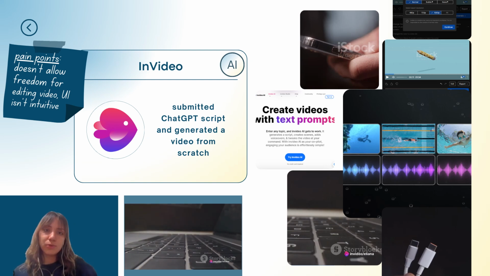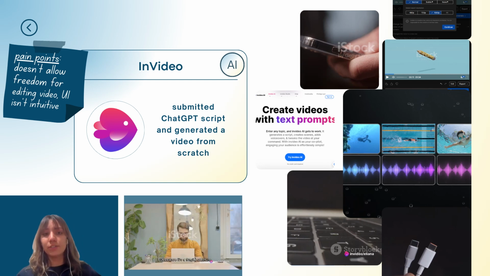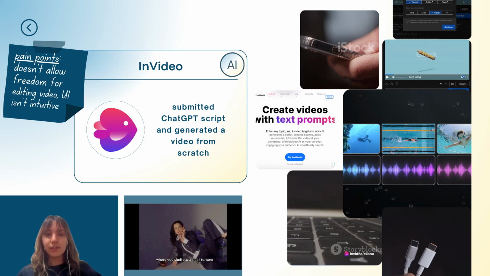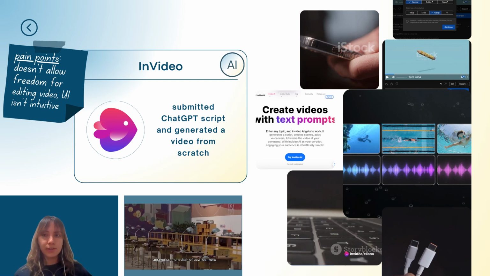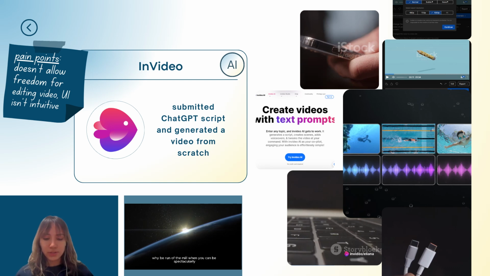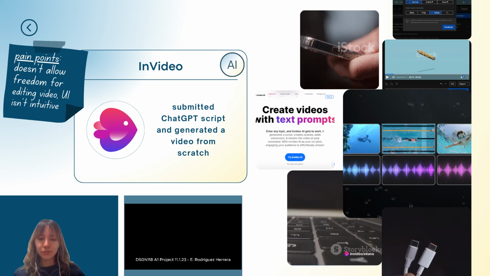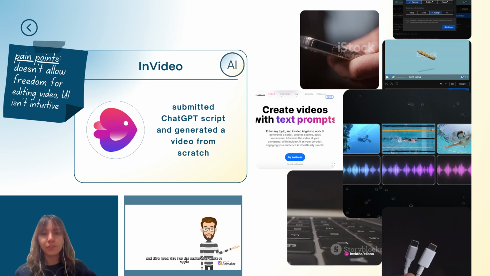InVideo was a very useful tool I found to just get started, and I gave it the transcript that ChatGPT created for me, and it gave me a voice, a video, and transitions. The difficult part about using the software was editing the parts of the video piece by piece. It gave me a whole file and I couldn't edit the individual clips, at least on the free online version. It would just give me the option to give it more instructions and it would edit it itself with the AI. It was also pretty low quality and the video clips were not that great on the